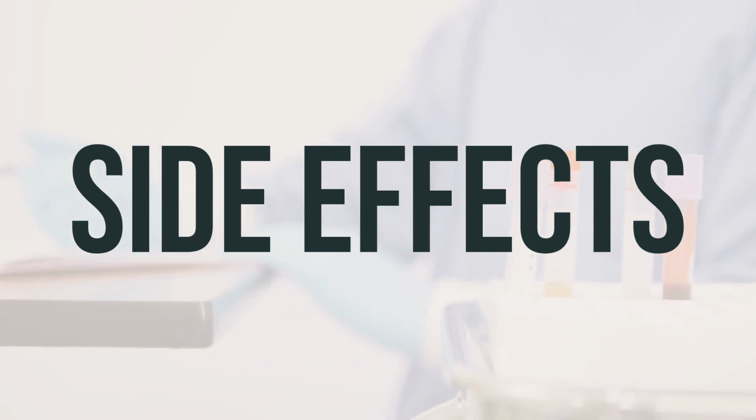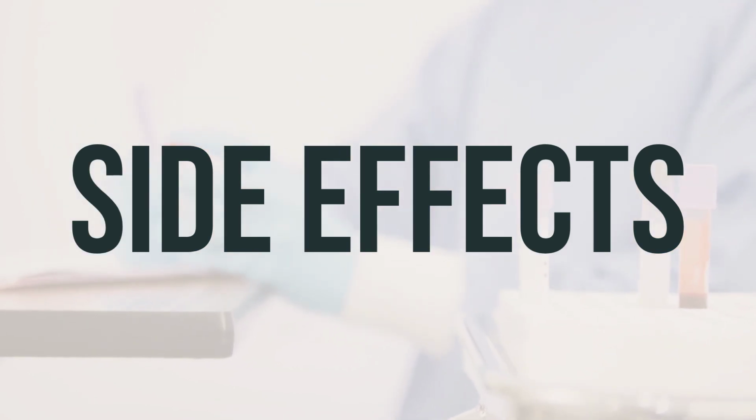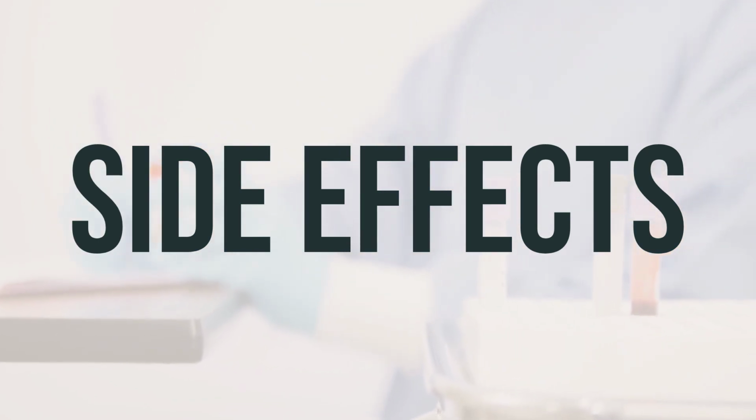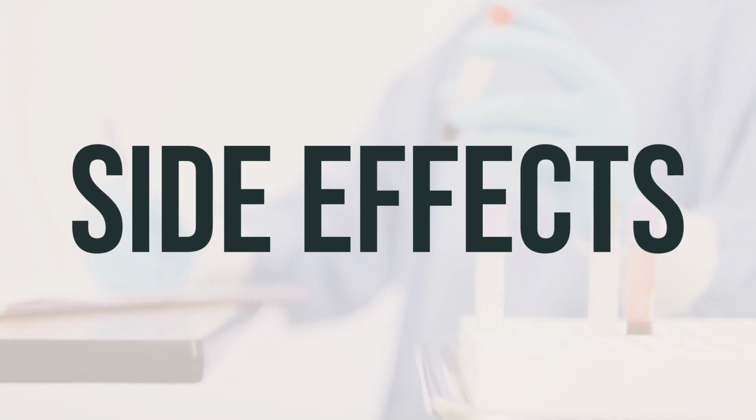Although rare, a serious allergic reaction to this medication can occur, so seek medical help right away if you notice any symptoms of a serious allergic reaction. This is not a complete list of possible side effects, so if you notice any other effects, contact your doctor or pharmacist. If you are in the US, you can report side effects to the FDA at